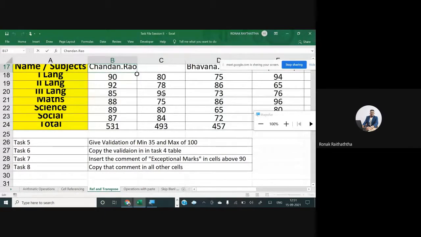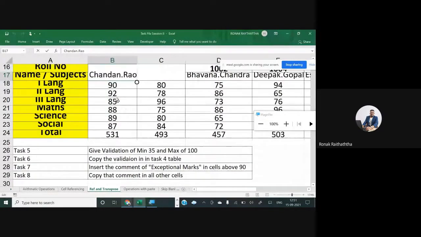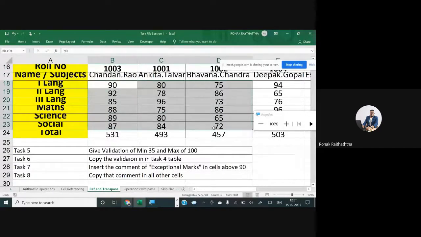So step number one, everyone, is to select the marks of the subjects. Only the subject marks should be selected, not the totals, because totals will anyway be higher than 100.